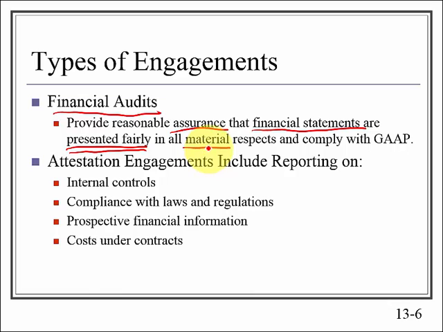If something is a $1,000, $10,000 mistake or error, but you're dealing with millions or billions of dollars in a financial statement, that small error, that small crime, even though it's illegal, is not going to affect the fair presentation of the financial statements. Okay, so this is the main thing most auditors audit, the financial statements, a financial audit. Other things that the auditor can audit is also the internal control systems.